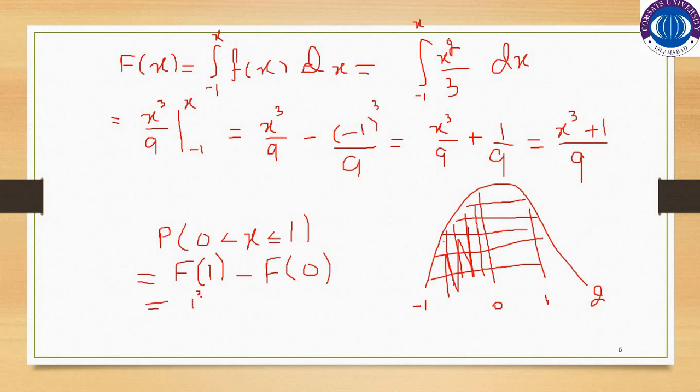1 रेज़ टू पावर 3 प्लस 1 बाय 9 माइनस f ऑफ 0, यानी कि आपने यहाँ पे इनपुट वैल्यू क्या देनी है 0। आपके पास की क्यूमुलेटिव प्रोबेबिलिटी आ जाएगी टिल दी वैल्यू 0 रेज़ टू पावर 3 प्लस 1 ओवर 9। इट शुड बी इक्वल टू 2 by 9 माइनस 1 by 9, which is equal to 1 by 9।